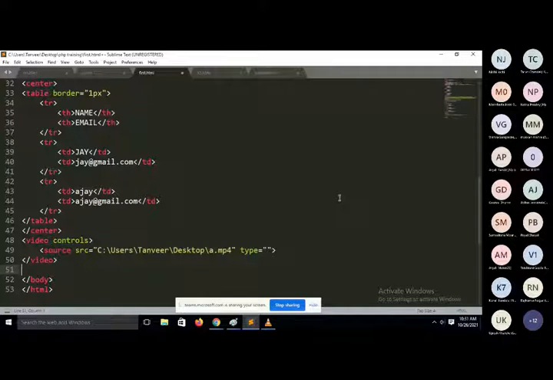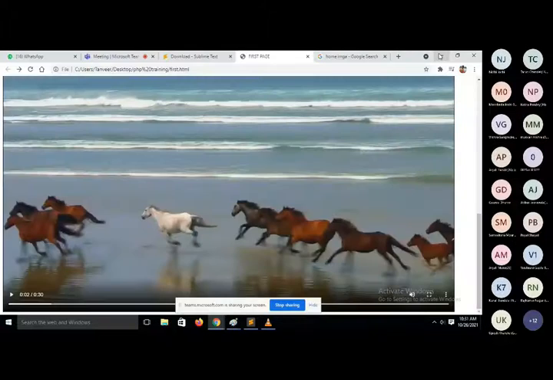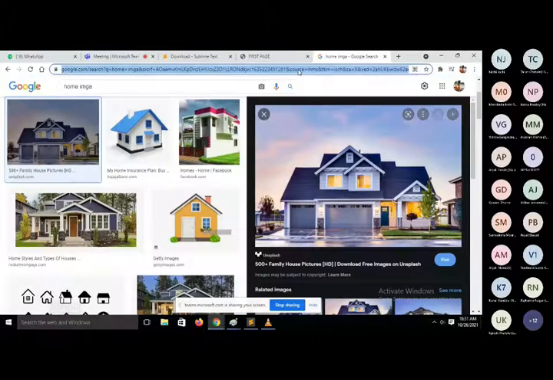I just want to display a video from YouTube. In that case, you will not use the video tag. We use the video tag when we want to display a video from our system or our computer. But if we want to display a video from a live URL, from any website like YouTube or your own website,